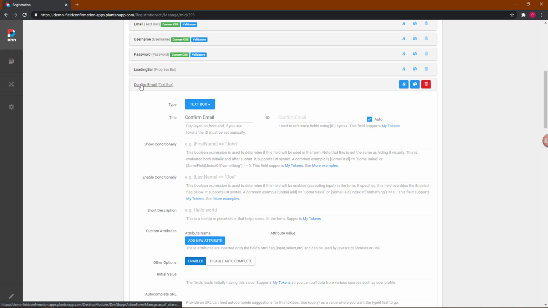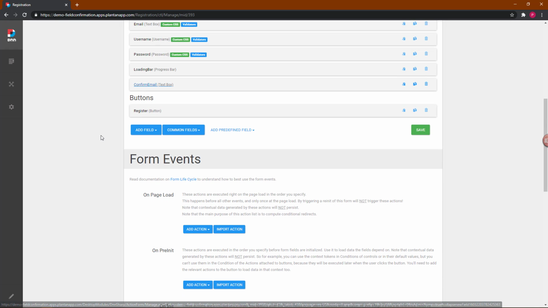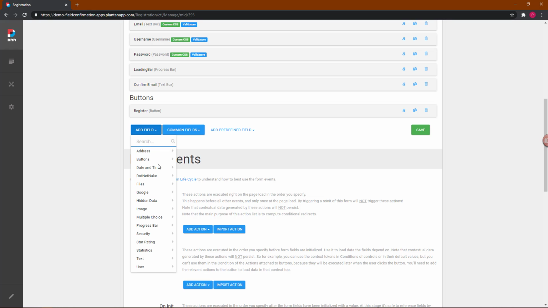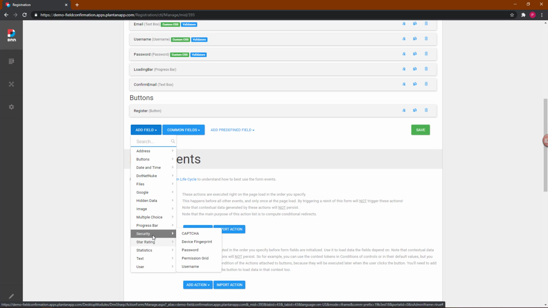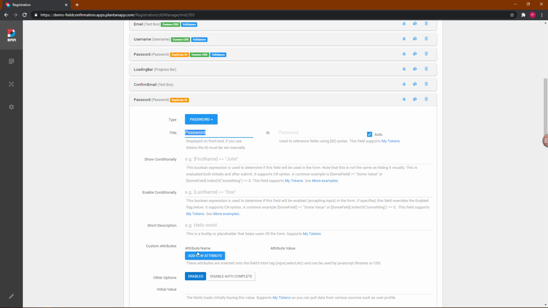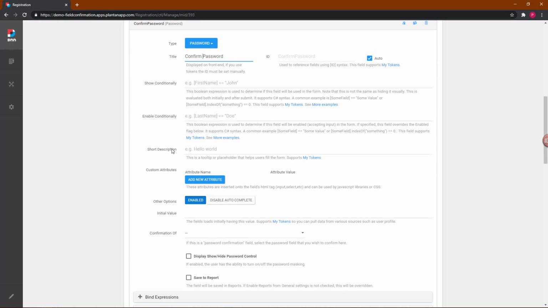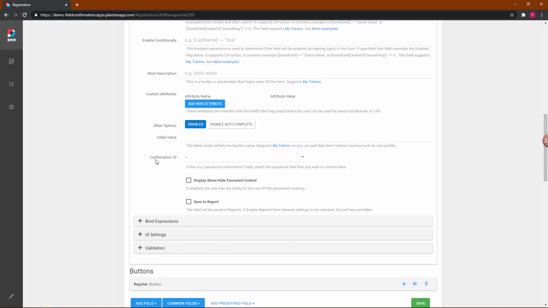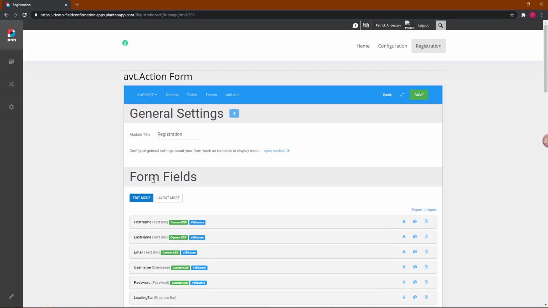I'll collapse the Confirm Email new field, and now I'm going to add another new field. And here I'm going to add another password field, and I'm going to call this Confirm Password. And note that the password field also has the Confirmation Of option, and from there I'm going to choose Password. Now that I have these two new confirmation fields added to the form,